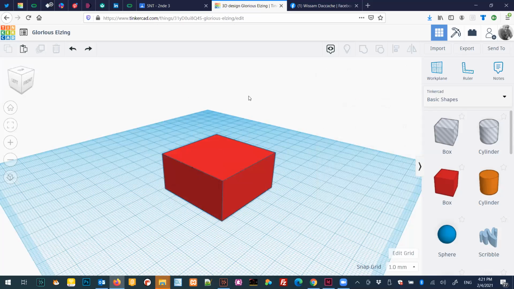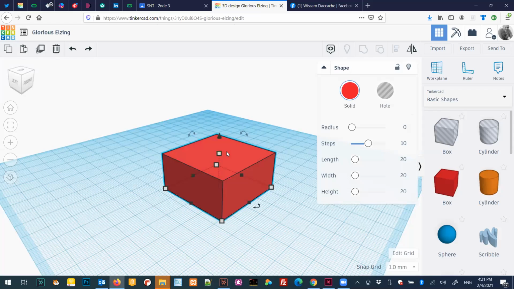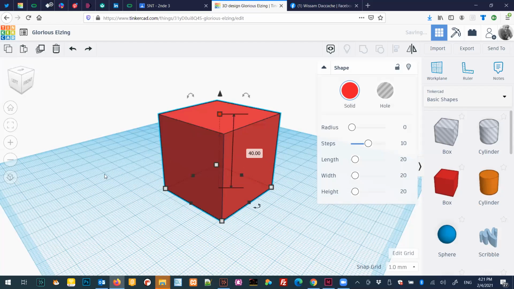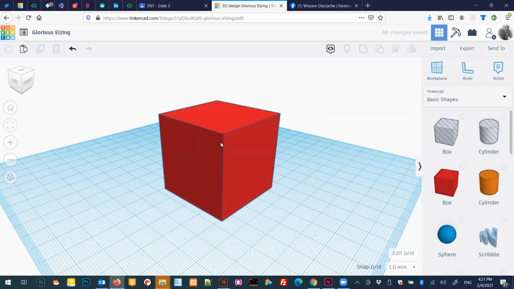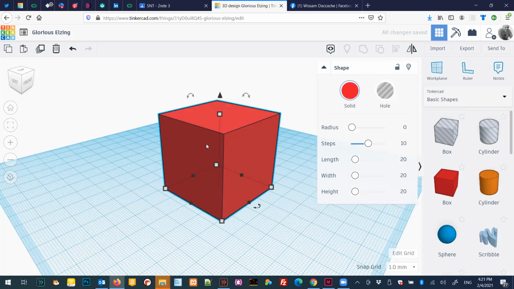I will show you by example how I can build a house, and then after I will show you how to build a table, as you saw on my screen when I started this presentation. So imagine you want to draw a house. First of all, I will change the dimension to 40, 40, 40. Okay. I will select my box,